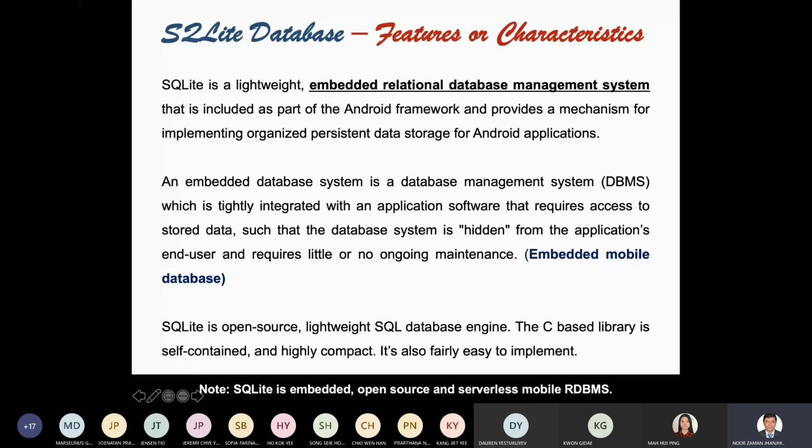It provides us a complete relational model. It provides the complete support required for the database of any Android application, and it is embedded with our mobile database and with our particular mobile app that we are using to run. So the features are more than enough,